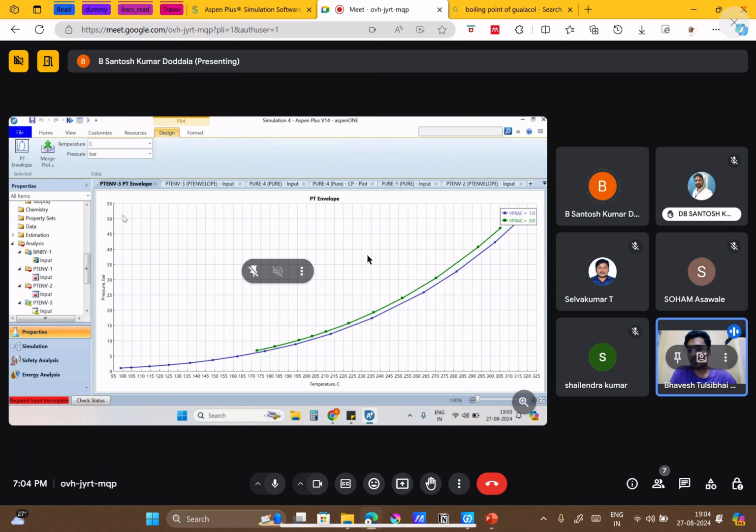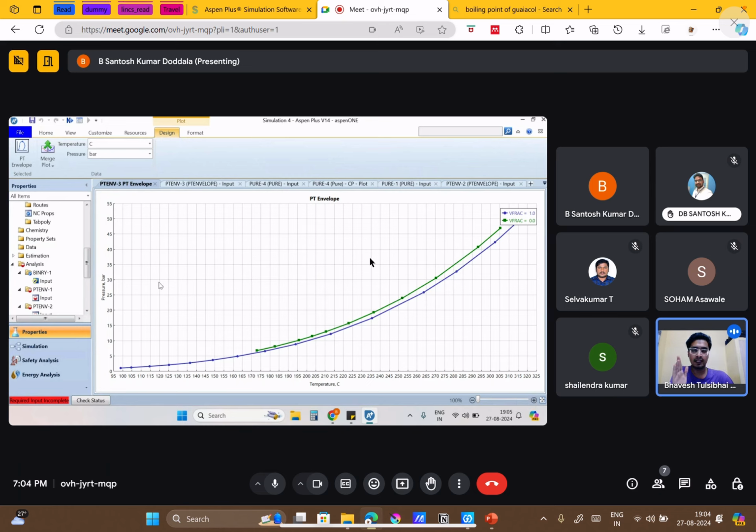Now, there is a difference between the PXY and TXY plots. PXY is at a particular temperature, and I am looking at the variation with composition, while this PT envelope gives you the phase boundary of your mixture: where the complete liquid mixture is present and where the complete vapor mixture is present. So there is a slight difference from what you want to do. Let's compute the PT envelope itself. So we have provided the 1:1 curve.